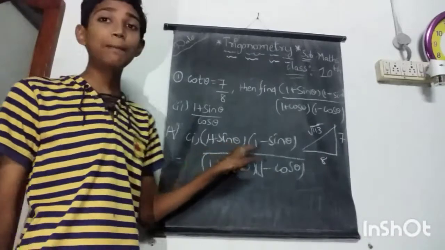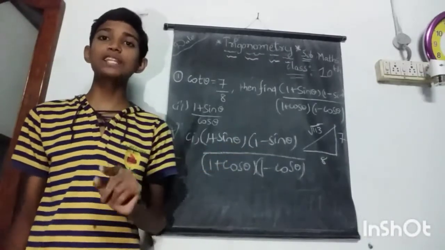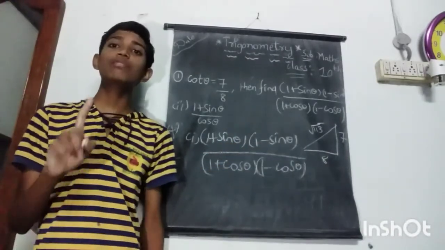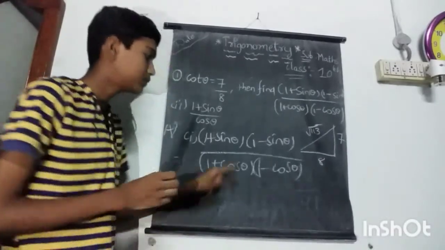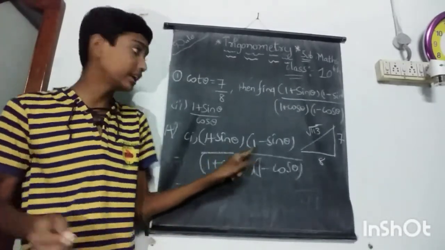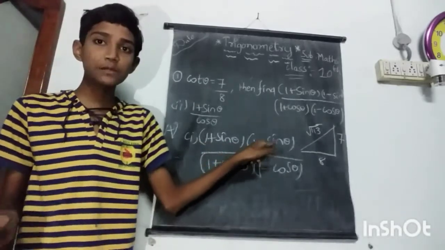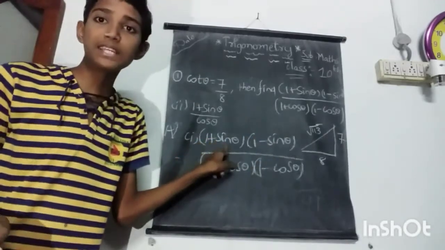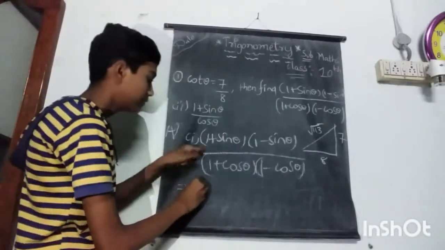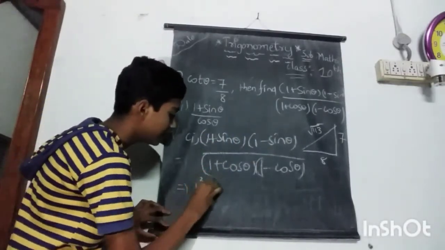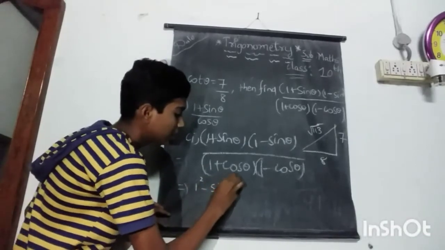Remember this. Here a plus b and a minus b, a is 1, b is sin theta. Here it is the same, that's why we take it. So a square minus b square becomes 1 square minus sin square theta upon